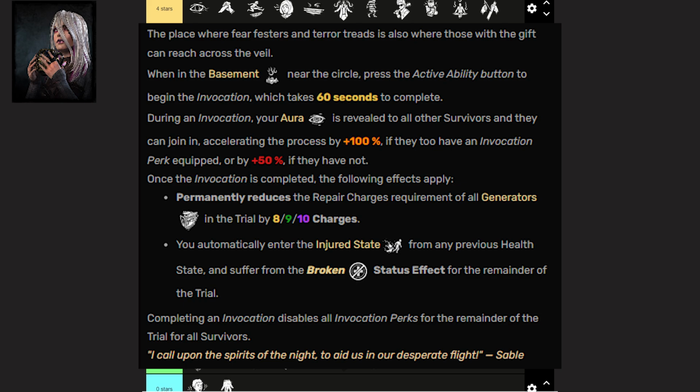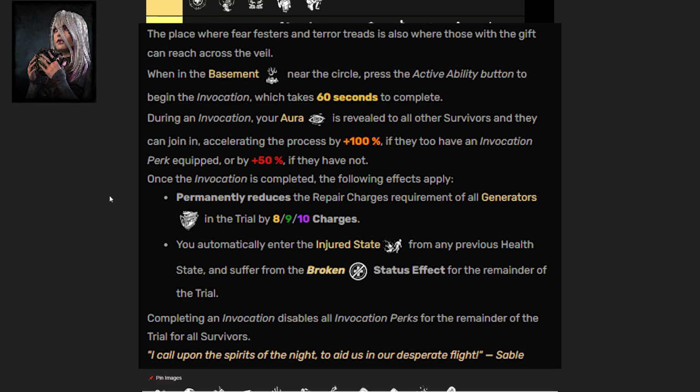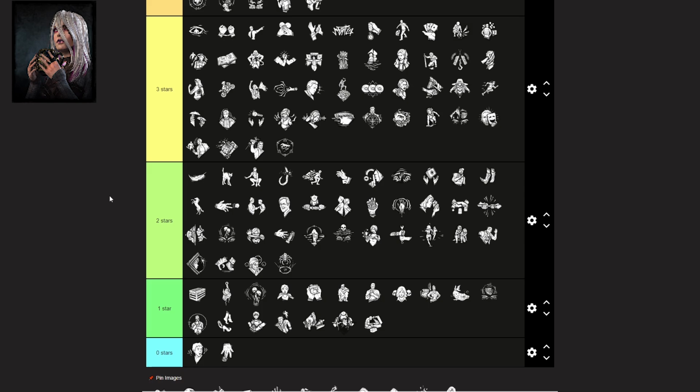Invocation. Invocation is okay. Is it though? Is it? I don't know. I'm gonna put it here. I'm sorry, Invocation lovers. I think the best way to use this perk is when you are Death Hook. But at that point, you're pretty far into the game, and wasting 60 seconds doing this...